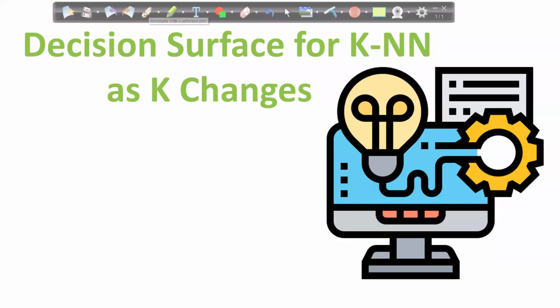So here, let's start with the new topic. We already know the understanding of KNN a bit now, how it works. Now we will discuss how things will change when I change the value of K. K, we know, right? That's how many nearest neighbors I want to look for. So what will happen when the value of K changes? What will be the behavior? That is what we'll try to understand.